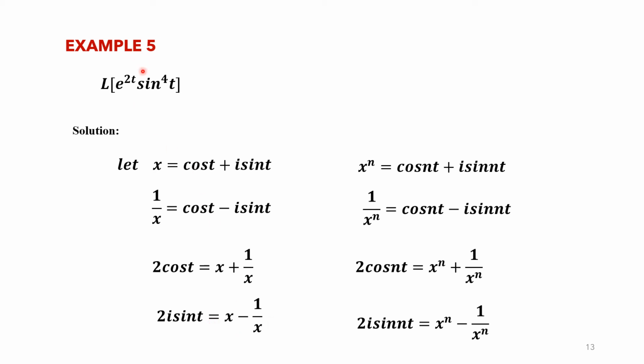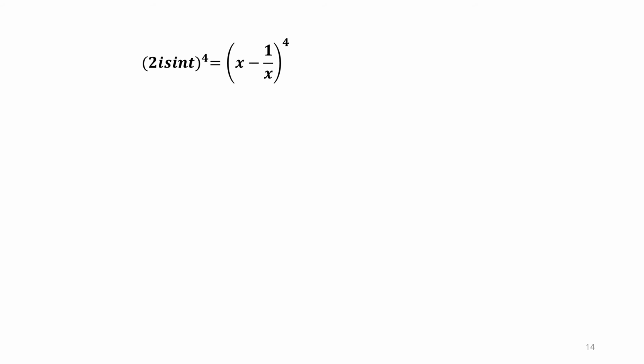So now we want sine raised to 4. Since we want sine raised to, we will make use of this equation, 2i sin t. If cos raised to was asked, then we will make use of the other equation. Since here sine is asked, we will use the formula 2i sin t is equal to x minus 1 by x. So 2i sin t, we want whole raised to 4. So x minus 1 by x whole raised to 4. Since we are asked to calculate sine raised to 4 t, we are starting with 2i sin t as x minus 1 by x, then taking raised to 4 on both the sides.